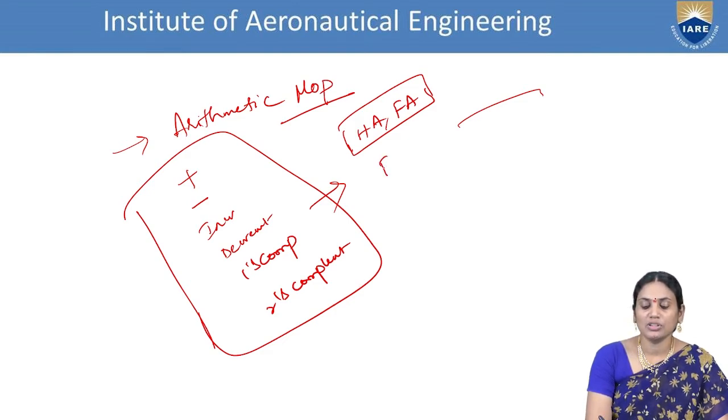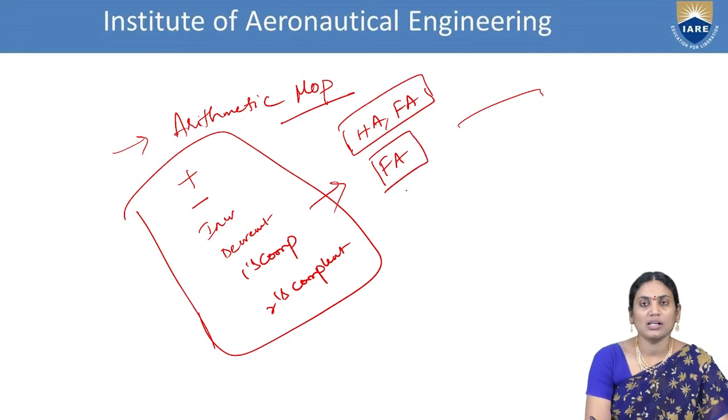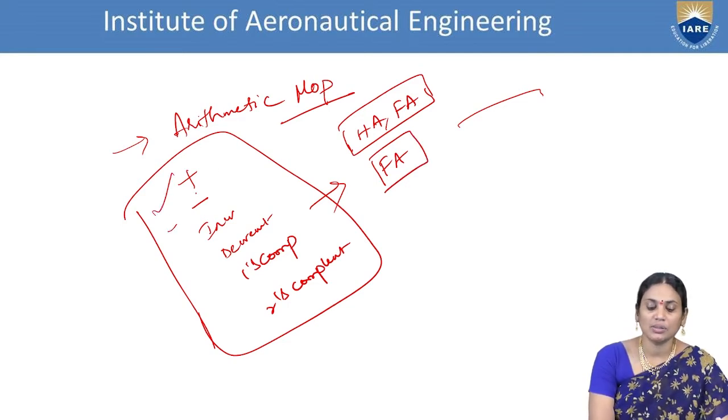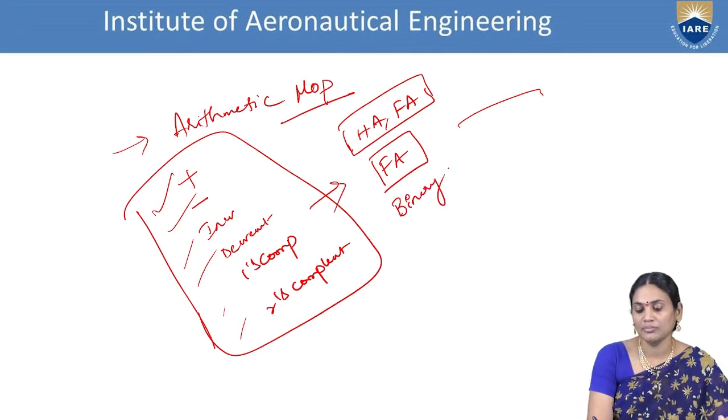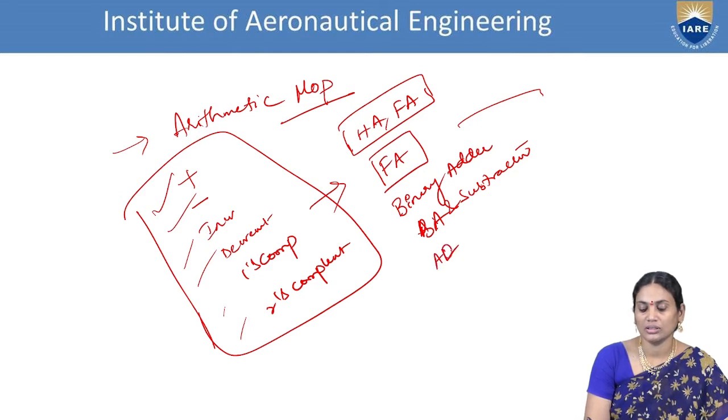So generally we'll be using the full adders. By using the full adders, we'll design a combinational circuit in such a way that it can serve addition, subtraction, increment, decrement, followed by ones or twos complement. For this reason, we'll be using a component called a binary adder and subtractor, followed by a complete arithmetic circuit.